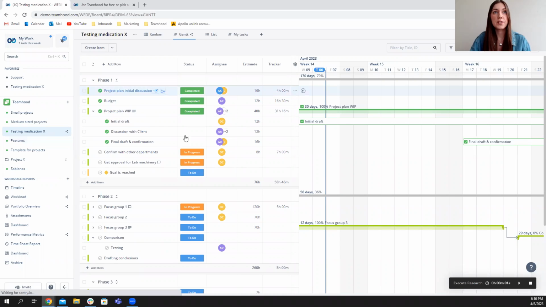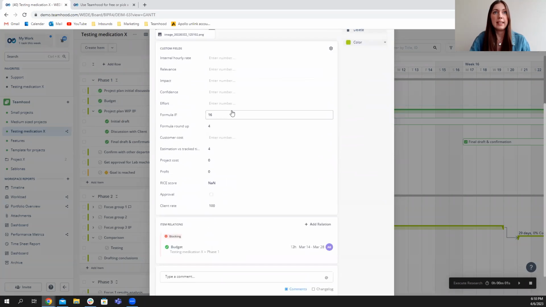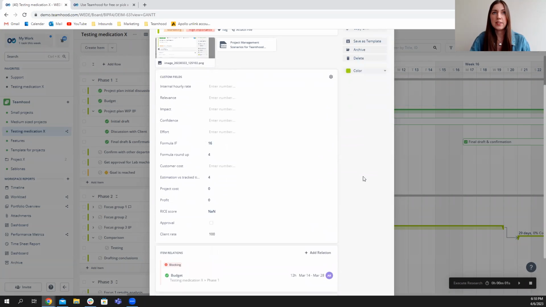So the difference over here would be if I go to the same task in my other workspace, I see that I will be having a bunch of custom fields that are unnecessary to this particular project, this particular board. So for example, relevance, impact, confidence, and effort, those are all fields designed and meant to calculate the RISE score,